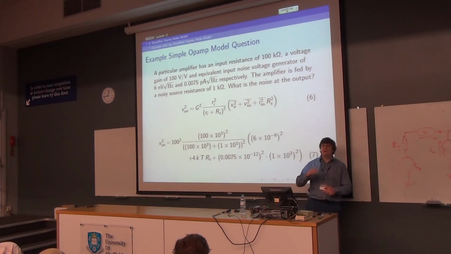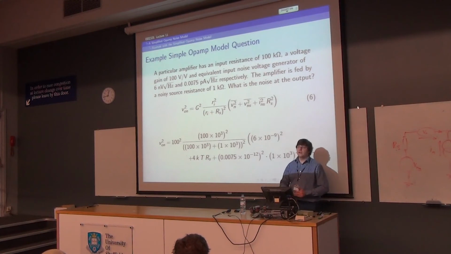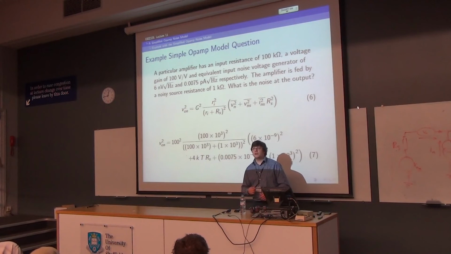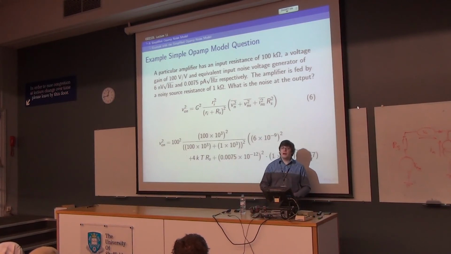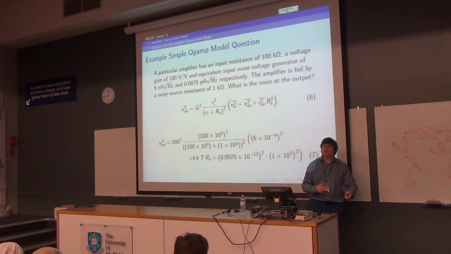The bit in the middle, the dark and confusing bit in the middle of the trilogy, was only there to show you, generally, that choosing your feedback resistor values impacts your noise a lot. And you can, if you choose them carefully, use the same model that we use for a generic amplifier on an op-amp. If you don't choose them carefully, you have to do quite a lot more maths to get to